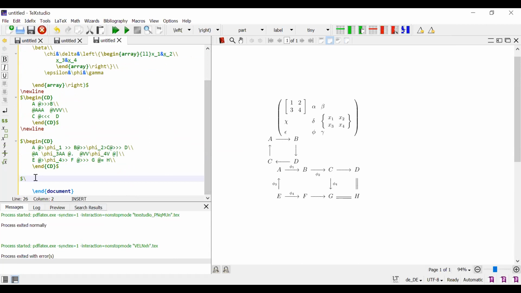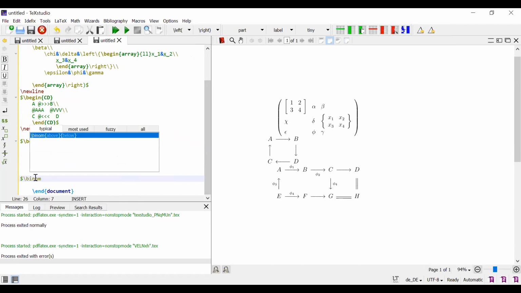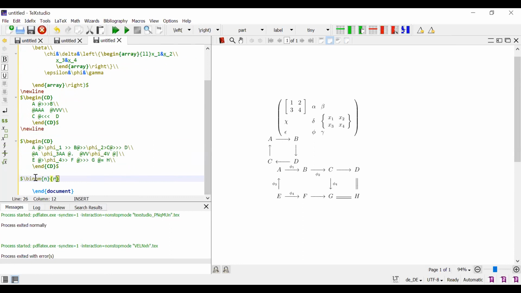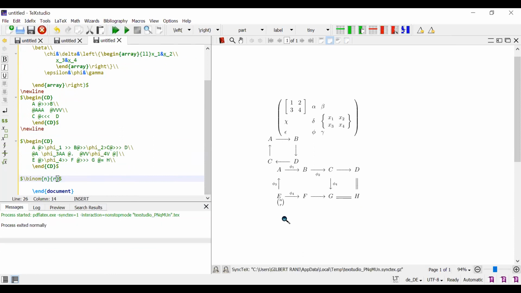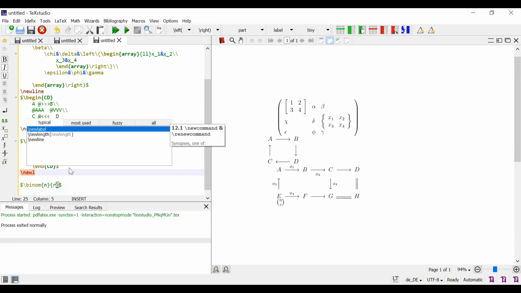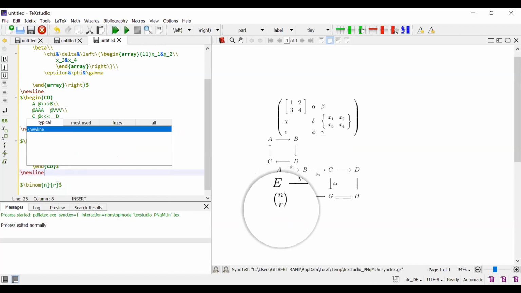This is binom of n and r minus r, and so on. See this. This is for nCr.